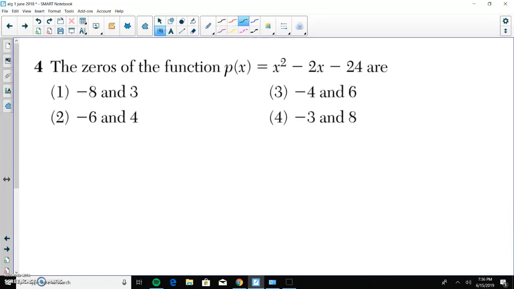Okay, number 4. The zeros of the function p of x equals x squared minus 2x minus 24 are... So, what you're going to do is go to y equals in your calculator and type in x squared minus 2x minus 24. Again, I would show you this, but the calculator decided not to work. So what you're gonna get in standard form is gonna be something like,